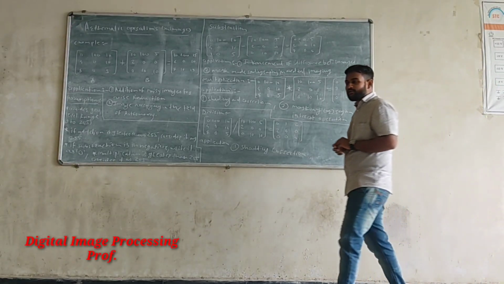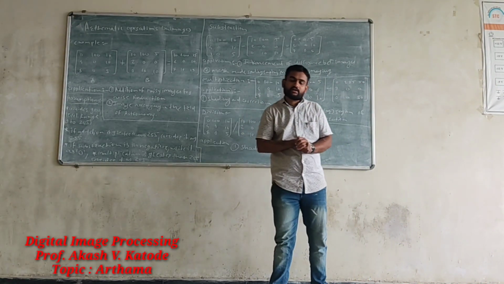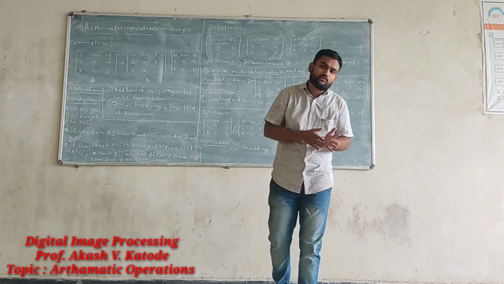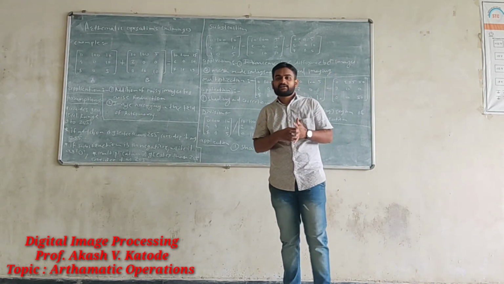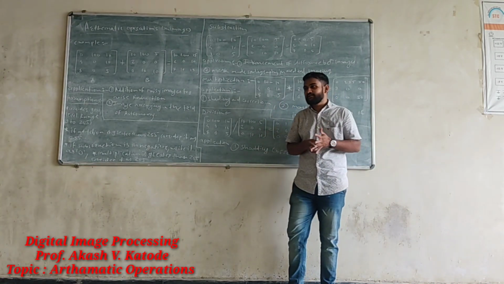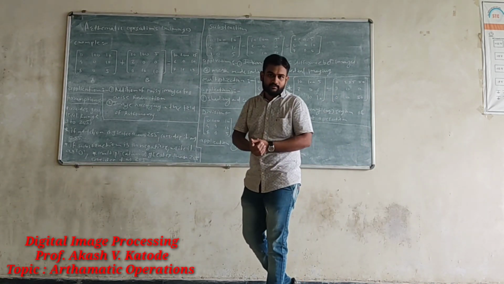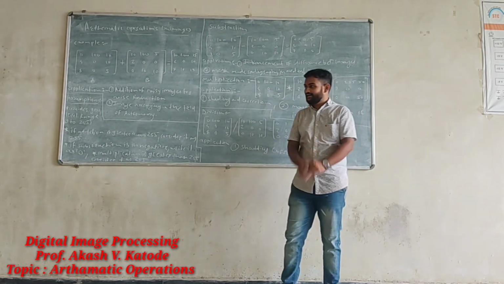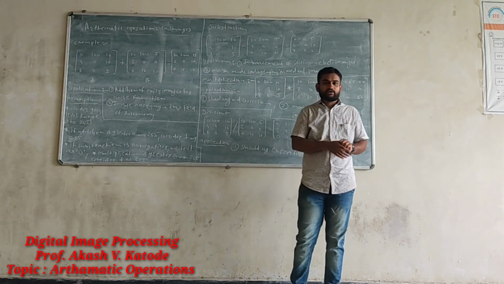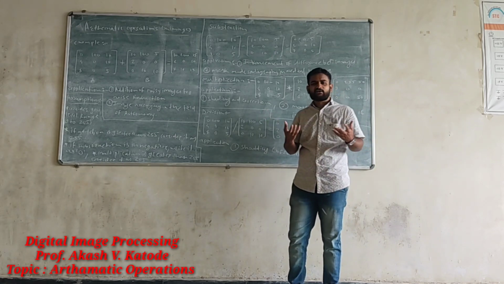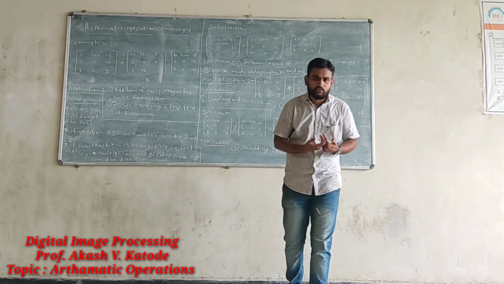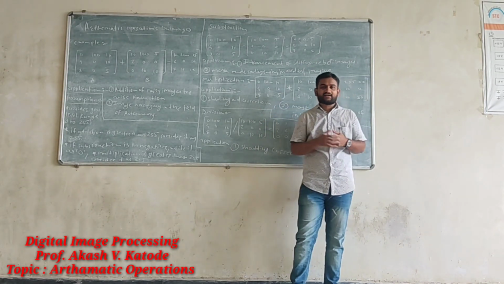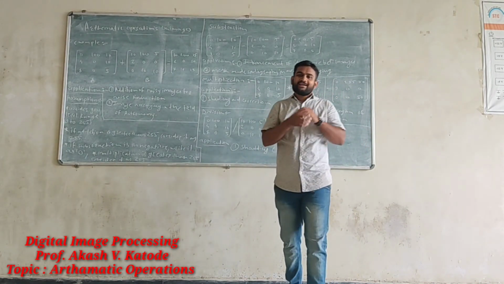Hello students, as we know, in the earlier video lecture we studied the distance measure. In that, we found the different distances by using the Euclidean, city-block distance and different distance measure formulas, and by using those we solved the numericals. Now in today's lecture, we are going to see the basics of digital image processing, where we perform a basic operation on a given image, that is, arithmetic operations on images.